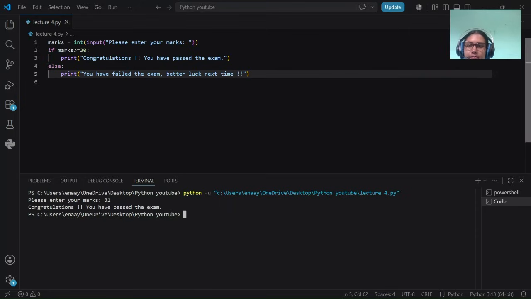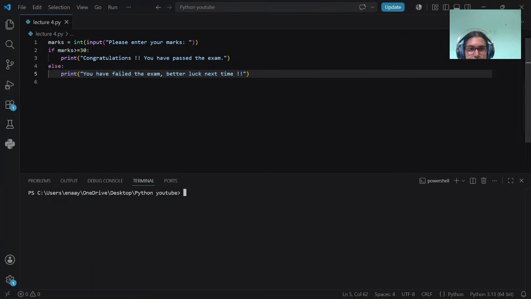See, it skipped the else block. It didn't print you have failed the exam, better luck next time. It just checked the marks were greater than 30, so it printed this and skipped the else block entirely, right? Now if we run it again,